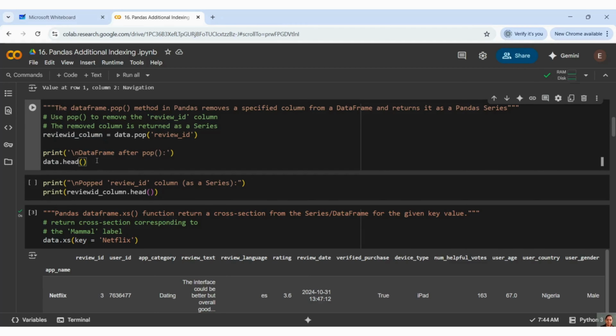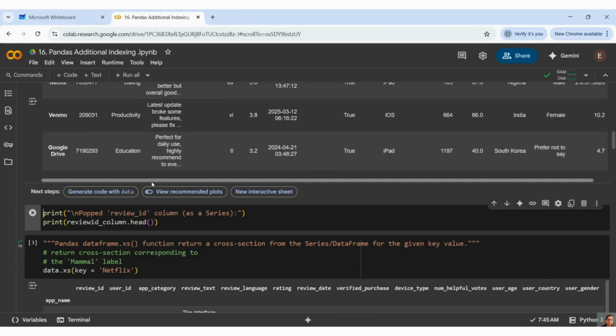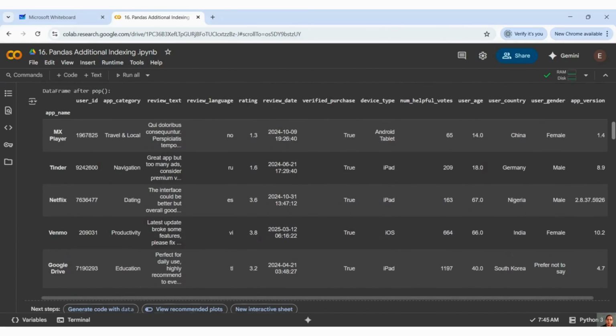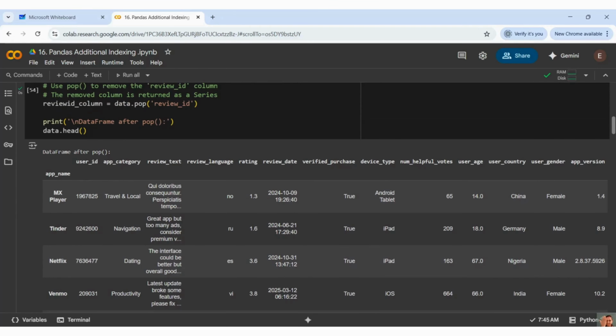Let me run it and show it. So you can see, guys, my review ID is gone now. Whenever I'm printing my head, I am not able to see my review ID there. After app name, my review ID was there, right? So it is not there. This is helpful for removing unwanted columns from your data set.